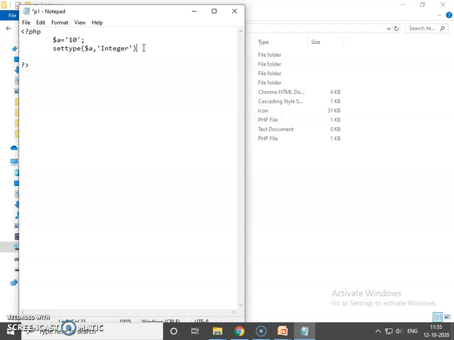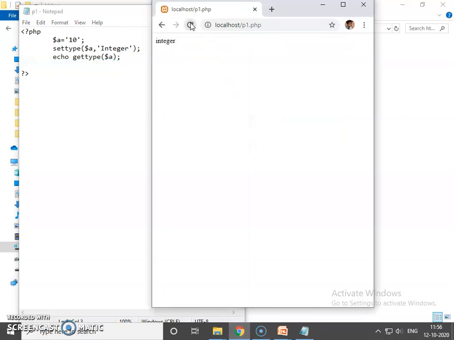Now we are going to print echo gettype of variable $a. Save your file, open the browser and run.